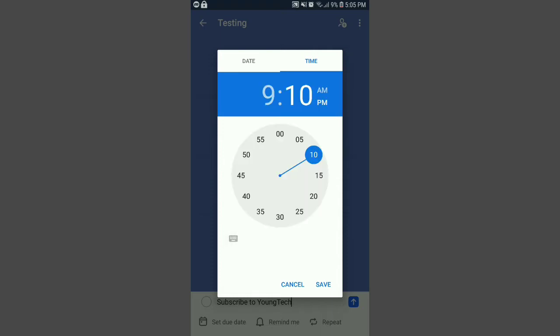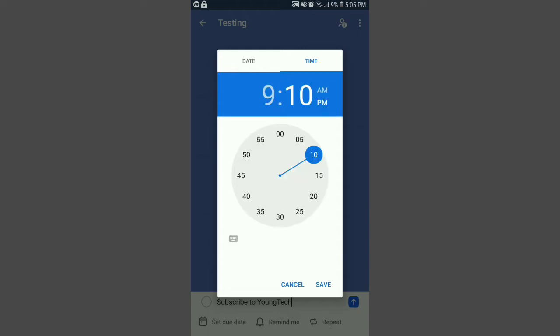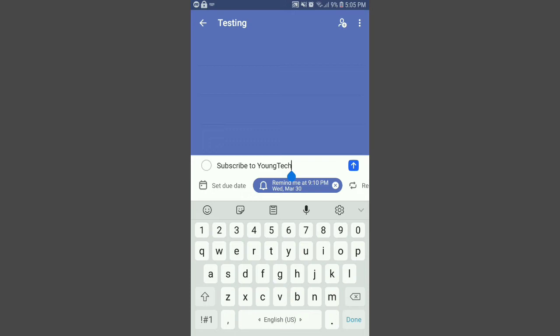You can press the keyboard icon and choose a specific time, and then let me hit save. It will remind me. It will give me a notification about the task at 9:10 p.m. on Wednesday, 30th of March,